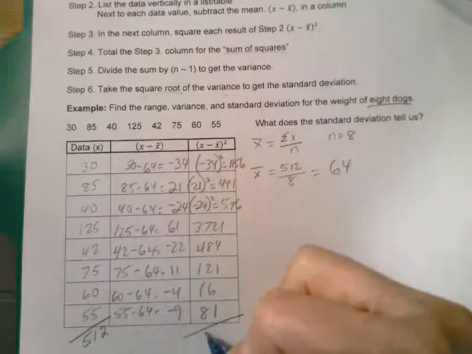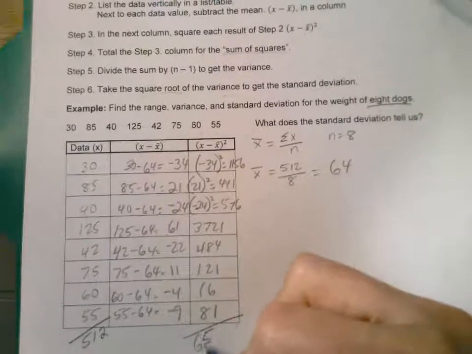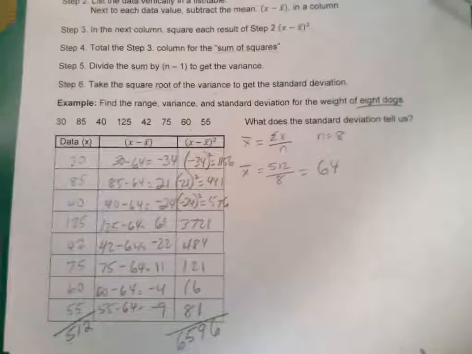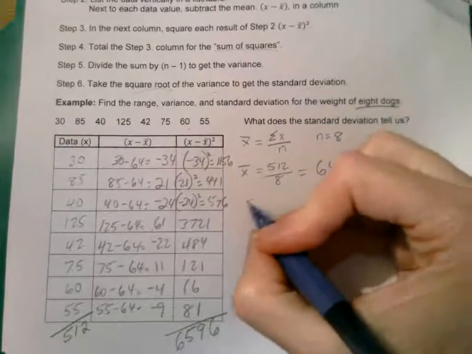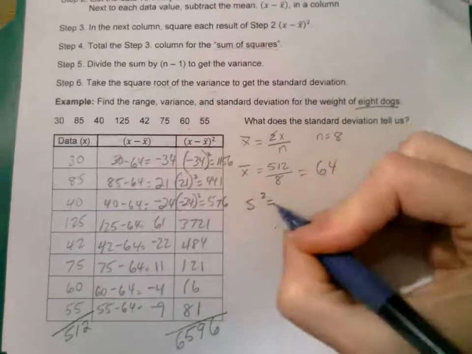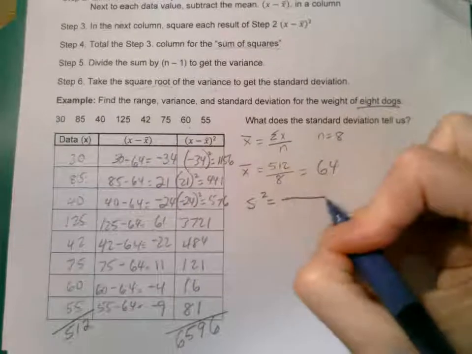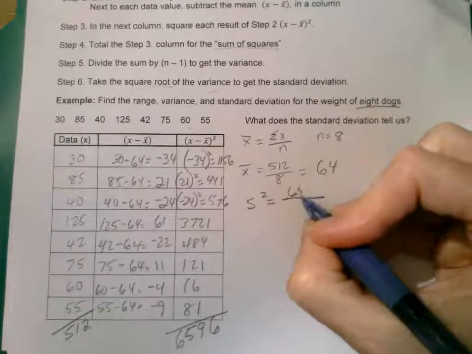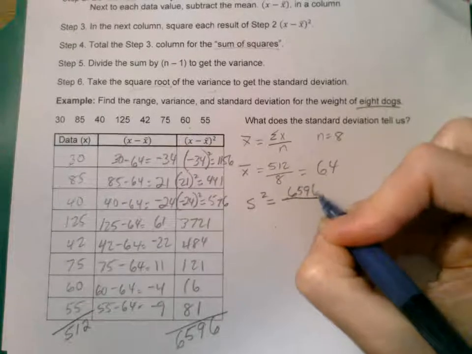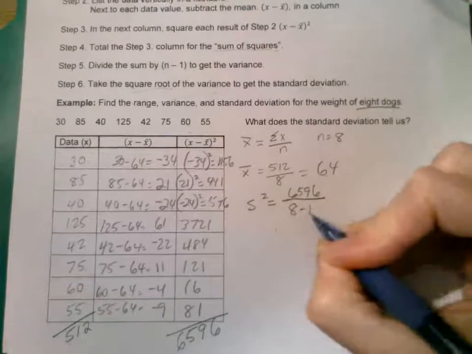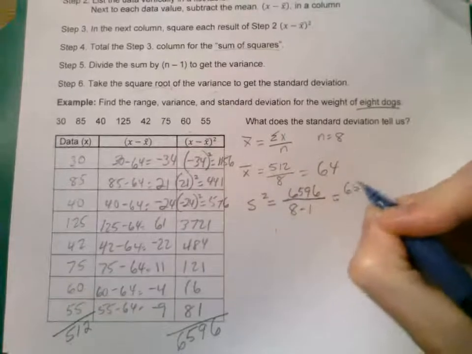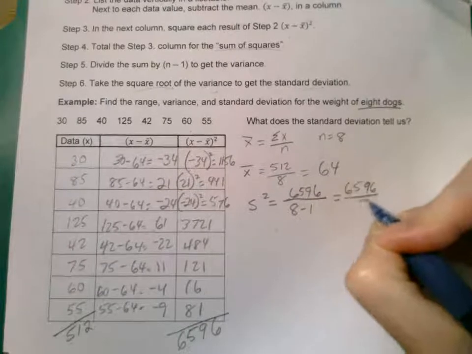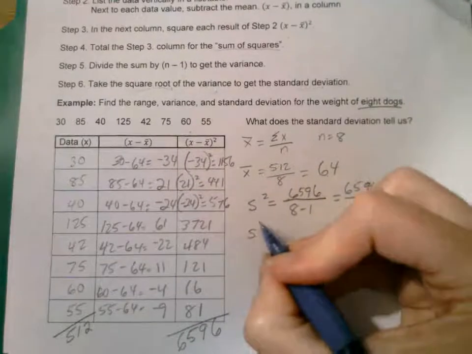Okay. Then I need a total of this column. So go ahead and email me if any of these numbers are incorrect. I need to get my variance here, my sample variance, by putting the sum of this column over 8 minus 1. And this comes out to,